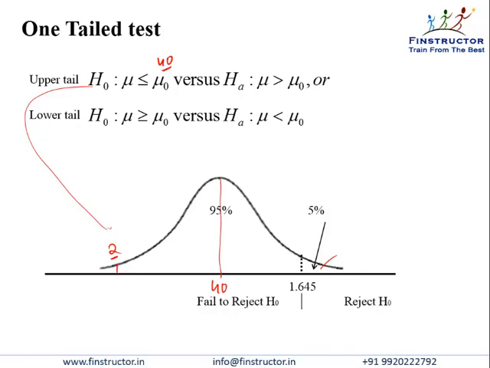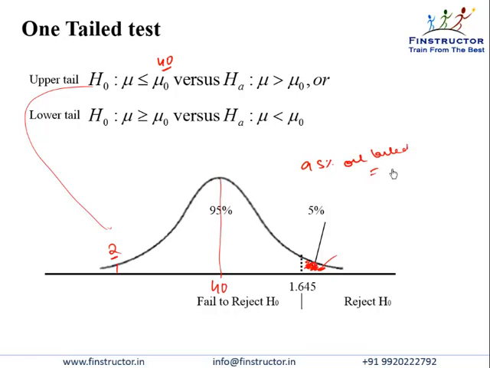So if we have a 5% level of significance, then unlike the two-tailed test where we split it into 2.5 this side, 2.5 that side because rejection could have happened on either side, if we want to be 95% sure and 5% of the times reject the null, then that entire 5% will lie on the right hand side. So we have to leave 5% on the right hand side. So the value for a 95% one-tailed test